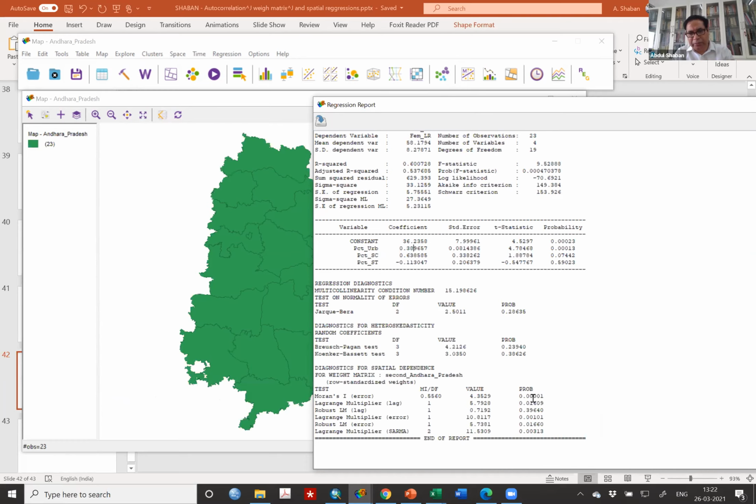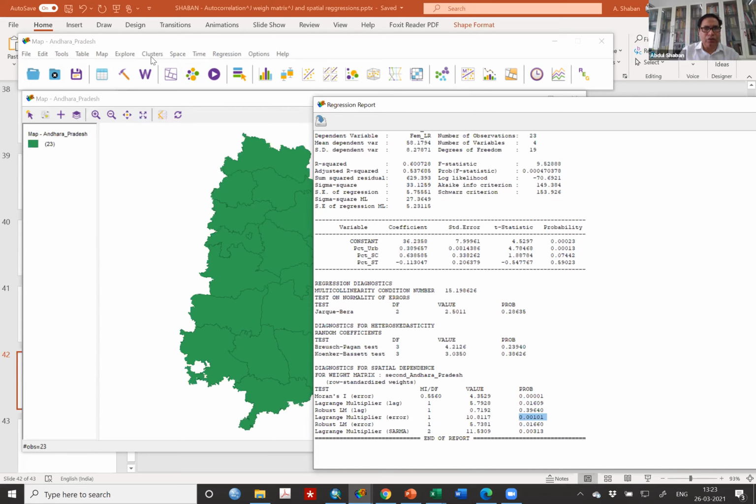But this model is misspecified because of the problem shown here. It is like a blood test where you are working very well, but you have some kind of cancerous cell inside. There is some problem inside the body of that model. Now, assuming that I test whether the LM lag or LM error, both are showing that they need to be addressed. Either LM error or LM lag should fix it.